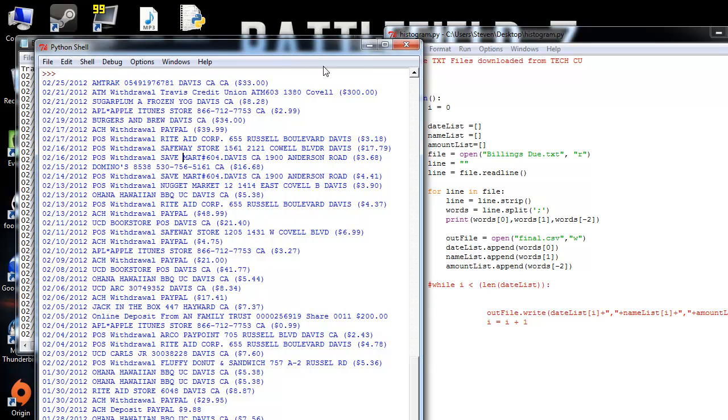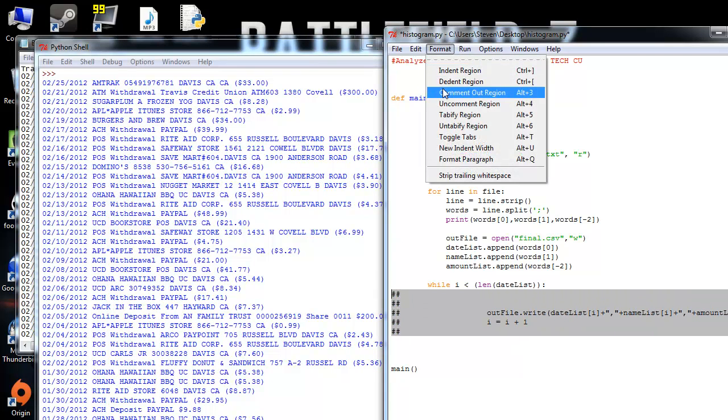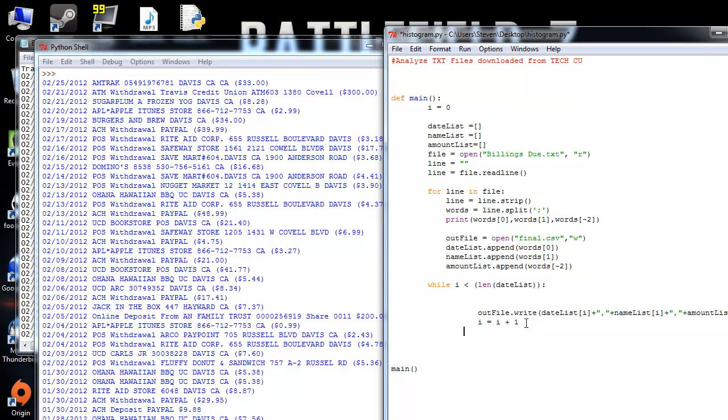So that's what I'm going to do right now. As you can see, I'm going to uncomment this out. And right here, it's just going to be an out file loop where it just writes each list line by line. So as you can see, i is incremented by 1, so it's going to print datelist i plus a comma plus nameless i plus a comma plus amount